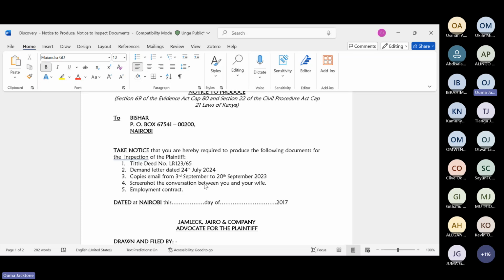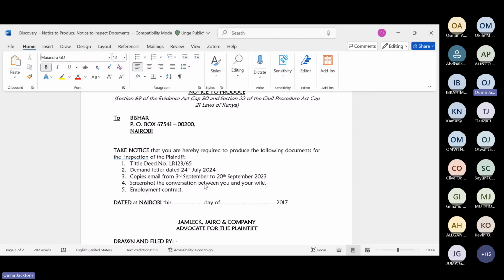So in your response, you must indicate which documents you are willing to give inspection for, and which documents you are not willing to provide inspection for. For those you are willing, you provide. For those you are not willing, you also indicate. But if you're willing to inspect all of them, that is fine. But most of the time, people will not give you all the documents.